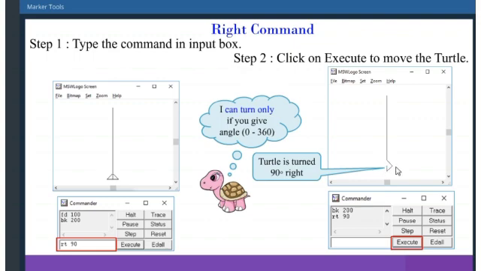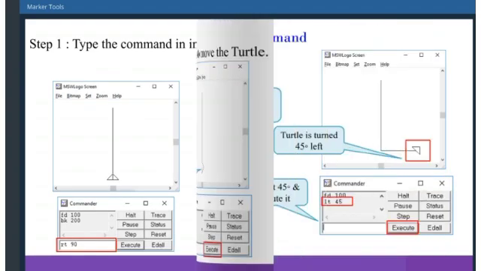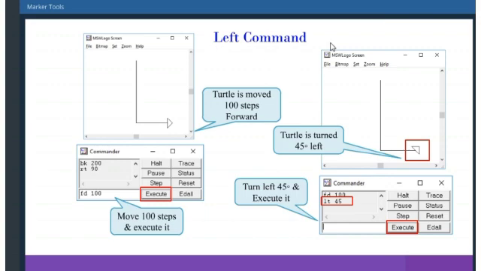Then click the execute button and it turns right. Then we can give forward, backward or any other commands. The next one, the left command. It is the same thing as right, but it turns left. After that, you should type LT 90 or 45, whatever it is.